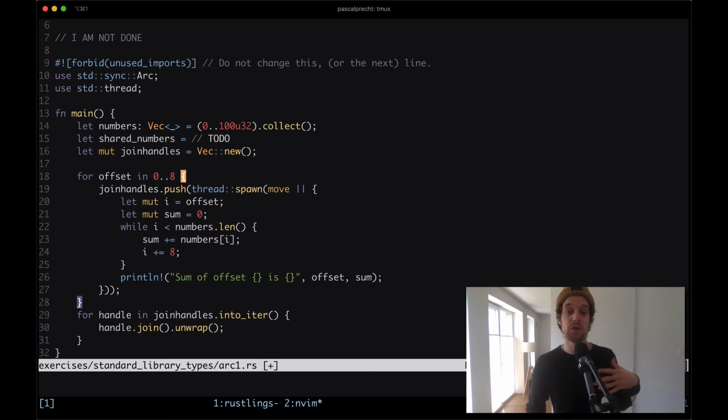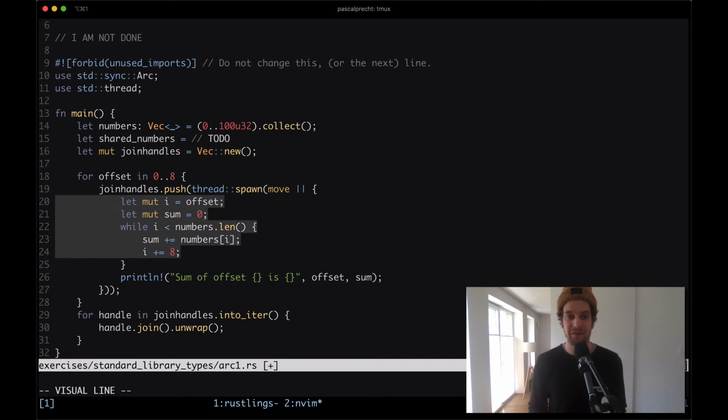Now, due to Rust's ownership model, this is not going to compile, right? So we have a vector of numbers, and as soon as we create this thread and we're using this numbers variable inside of the thread, we're actually passing ownership to that thread. In fact, this is exactly why we have this move statement here. So this move expression explicitly says we're going to pass ownership of whatever is happening inside of this function